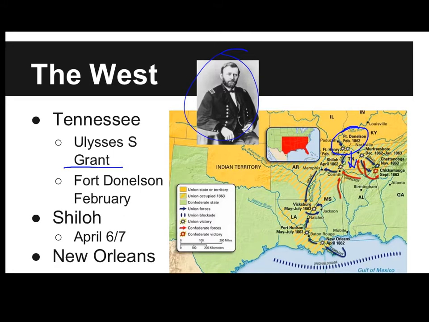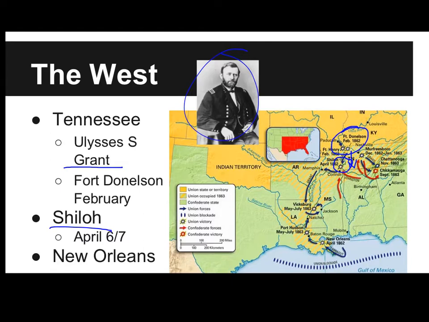In April of 1862, he is near a little river in Tennessee as he moves further south, and the South attacks him. On the first day of this battle, the Battle of Shiloh, the South kind of wins the day and pushes the Union back. But the second day, April 7th, the Union gets reinforcements and ends up pushing the South almost completely out of Tennessee. So the Confederates lose this battle, but together, between the North and the South, this becomes the bloodiest battle in American history up to that point. It will be surpassed by future battles in how bloody it is, but at this point,